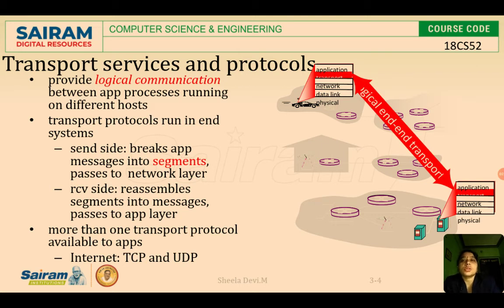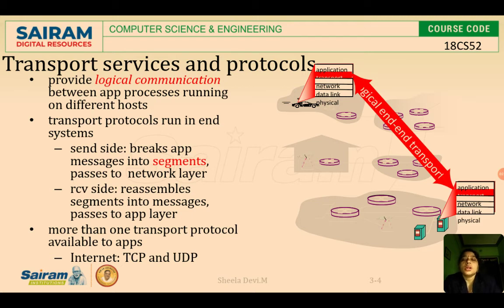So every host will be having 2 or 3 processes running simultaneously in it. If you want to send mail from your system to your friend's system, in your system also 3 or 4 processes will be running simultaneously. In your friend's system also 2 or 3 processes, like he would have opened a mail, a word document, or some file transfer interface.